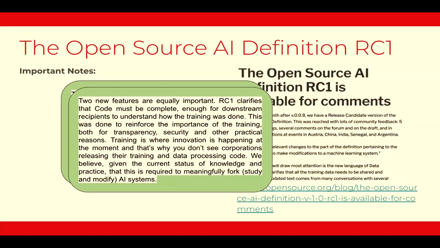Is that really a dissemination if you're hiding some of the most important parts? So that's the second important concept. You have to be able to know how the training was done